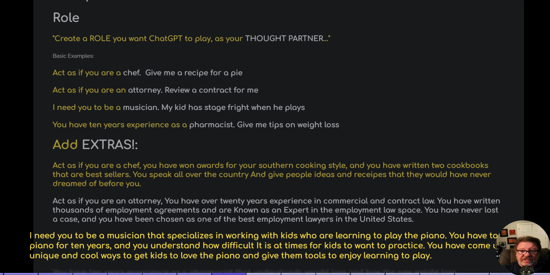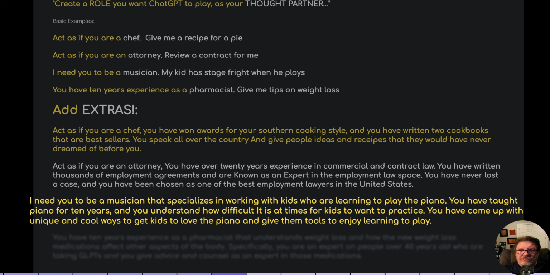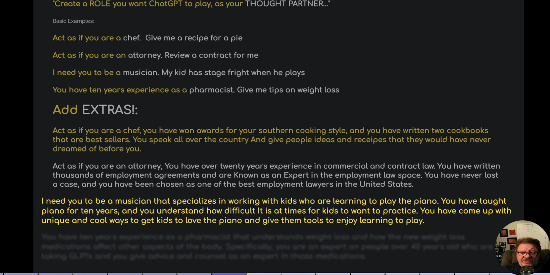Okay, let's go to the next one. I need you to be a musician that specializes in working with kids who are learning to play the piano. You have taught piano for 10 years. And you understand how difficult it is sometimes for kids to want to practice. You've come up with unique and cool ways to get kids to love the piano, and you give them tools to enjoy learning to play. So we've gone further than I need you to be a musician. My kid has stage fright. We've created this amazing individual as your thought partner who's going to help you with your challenges